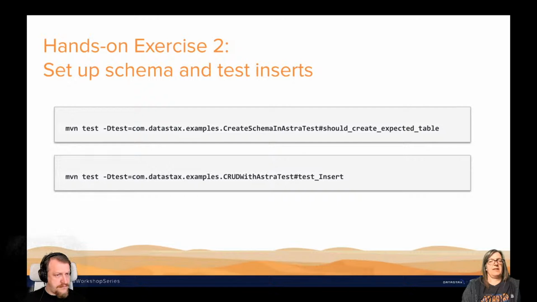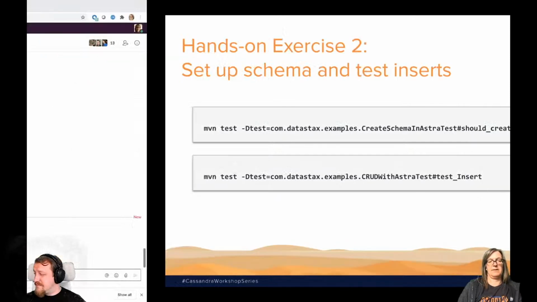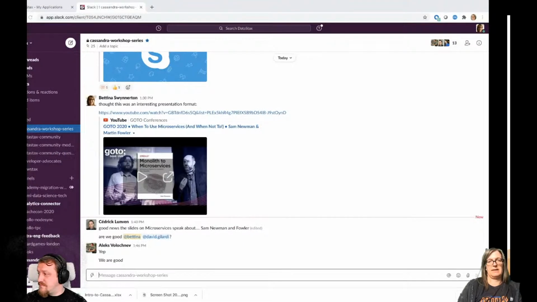Good. So let's go and do the next exercise and do some more interesting stuff. We're still going to use the tests before we go into the main application. And we will use one test that will actually create the schema. And then we go very quickly into Astra. You don't have to do that. I'll show you that the schema has been created. Currently we don't have anything in there, we just have the keyspace, right? I'll show you that first of all in Astra here.